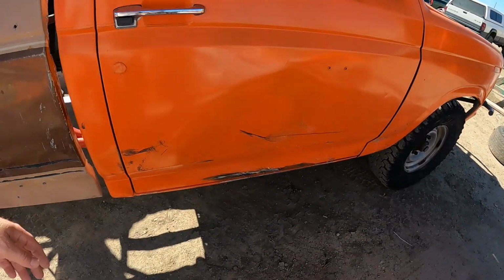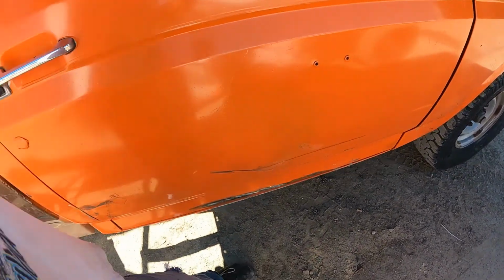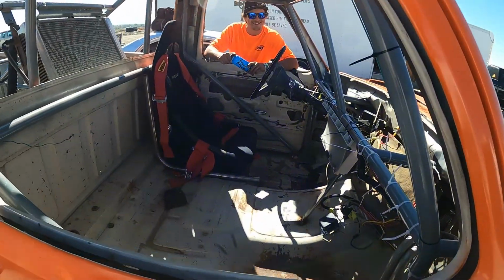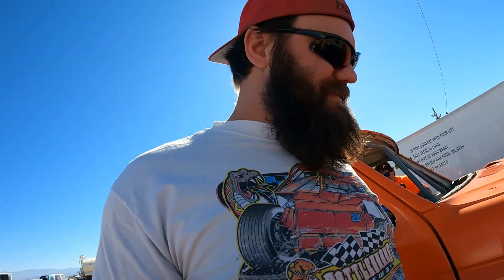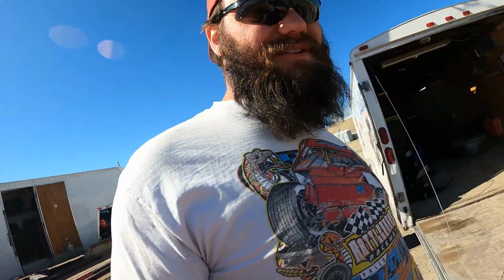Man, look at these dents and stuff. Maybe I can just push that out. Oh yeah, look at that body work extraordinaire. Like nothing ever happened. Well, cool. So we'll mess with that a little bit, but really what we got to work on here is